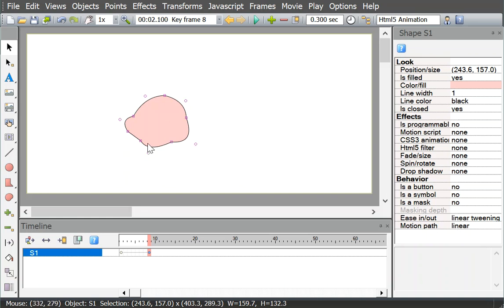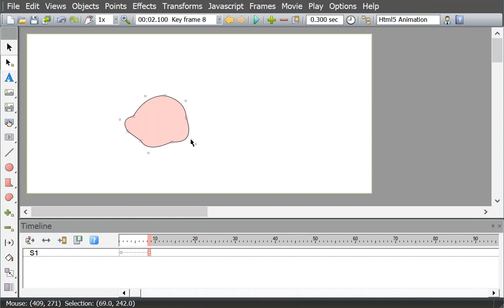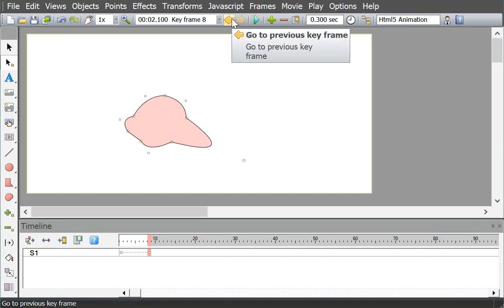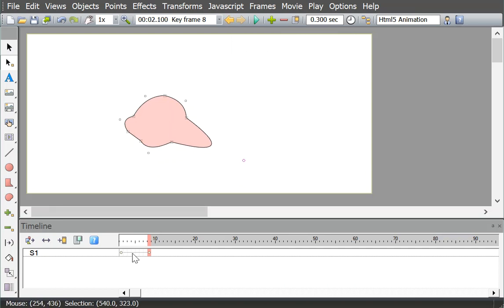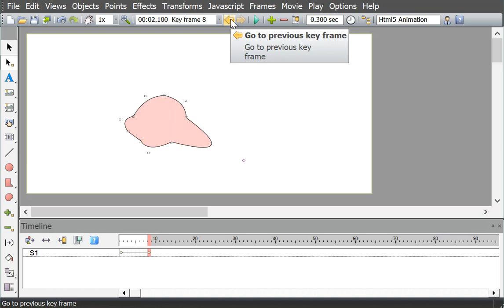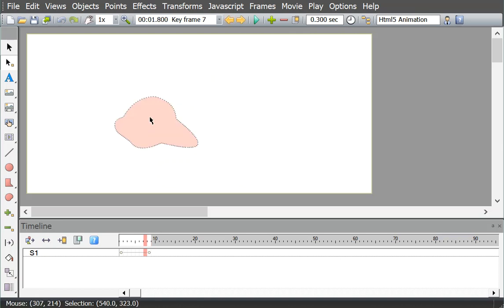And let me select this point here and drag it. So that's the last frame of this shape. Now if I go backwards, okay, what I'm seeing here is a shape produced in between these two shapes caused